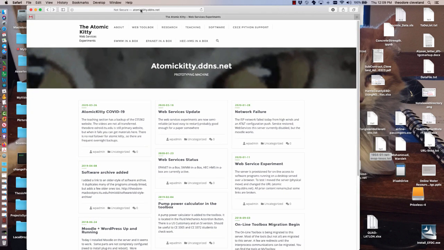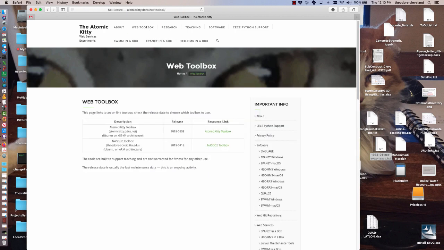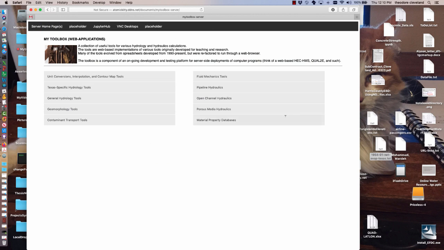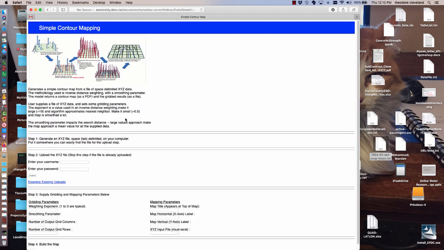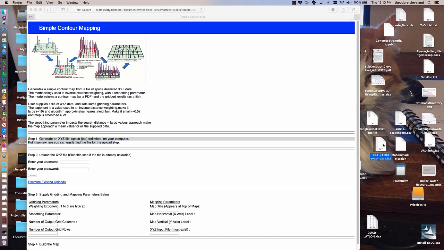So I've gone to atomickitty.ddns.net. I'm going to go to the web toolbox. You choose Atomic Kitty, and up here in Unit Conversions, Interpolation, Contour Map Tools, we'll choose Simple Contour Map, and it has instructions on what to do. It says generate an XYZ file, and then put it somewhere for the upload step, and then go ahead and upload the file. So the file we're going to do is this one,